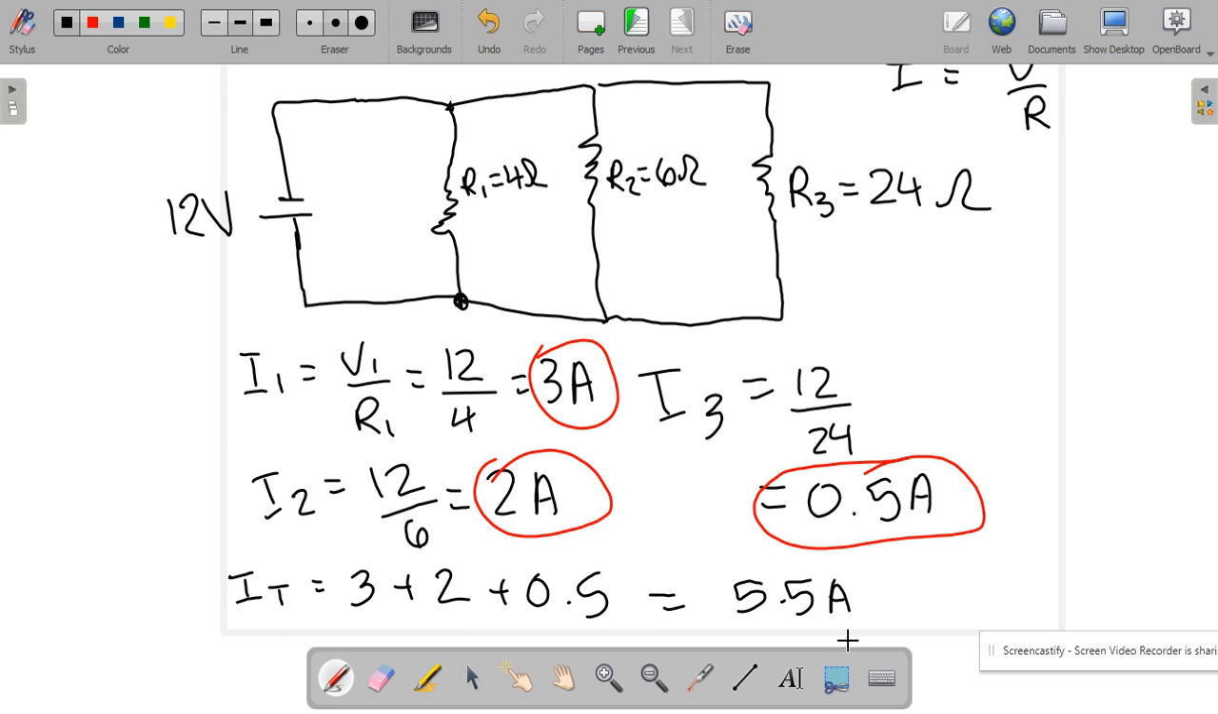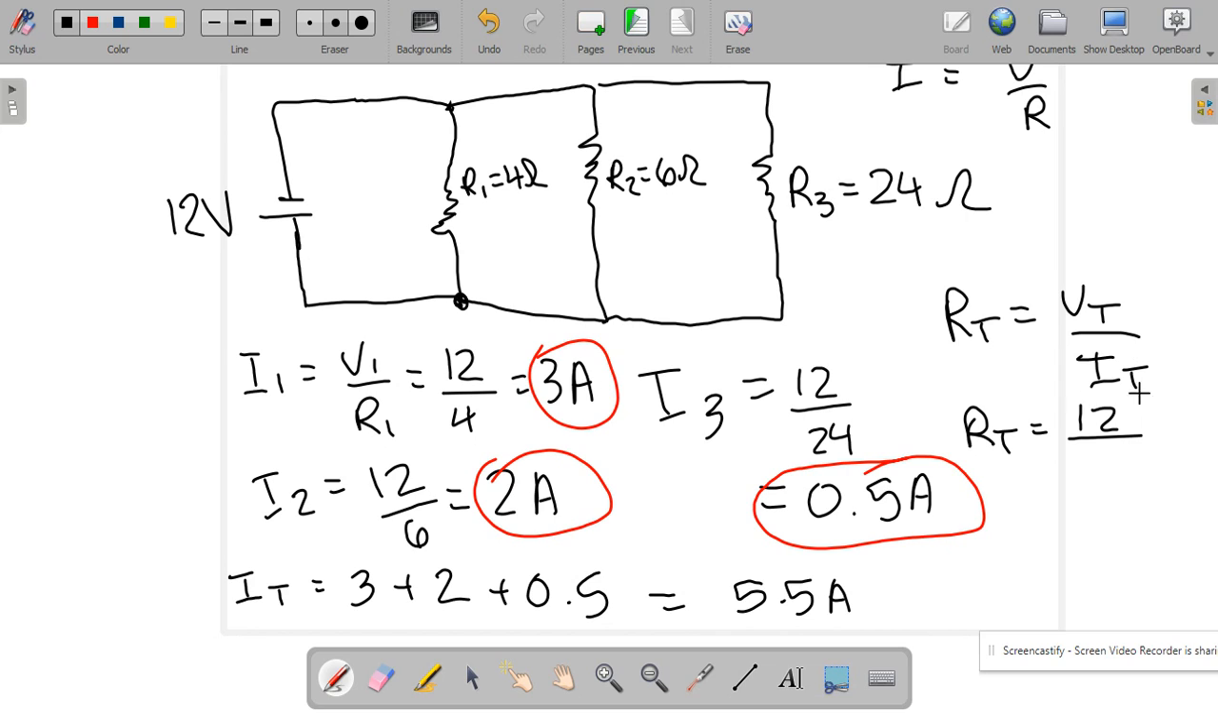Great. So now that I have IT and I have VT, I can actually just use Ohm's law to find the total resistance, which is kind of nice. We don't actually always have to use the formula. I'm going to anyway just to confirm, but I'd like to show this to you. So RT is equal to VT over IT. That means that RT is equal to 12 volts